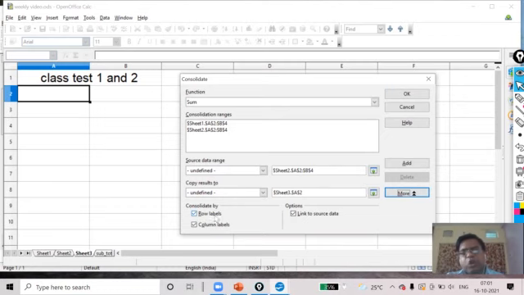See students, row label and column label must be checked, otherwise your subject name and the name of the student will not show, because row label shows the name of the student and column label shows the subject marks. Now why I will choose link to source data: so that if any change is done in sheet 1, that will be reflected in sheet 3 also. So after selecting these 3, I will click OK.